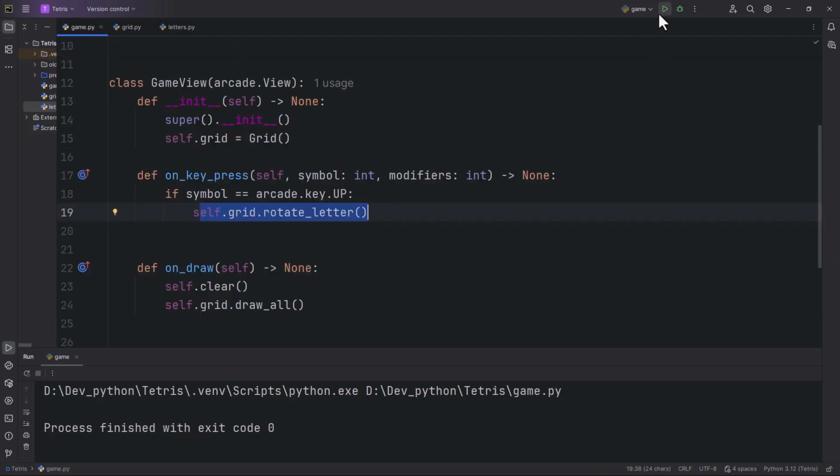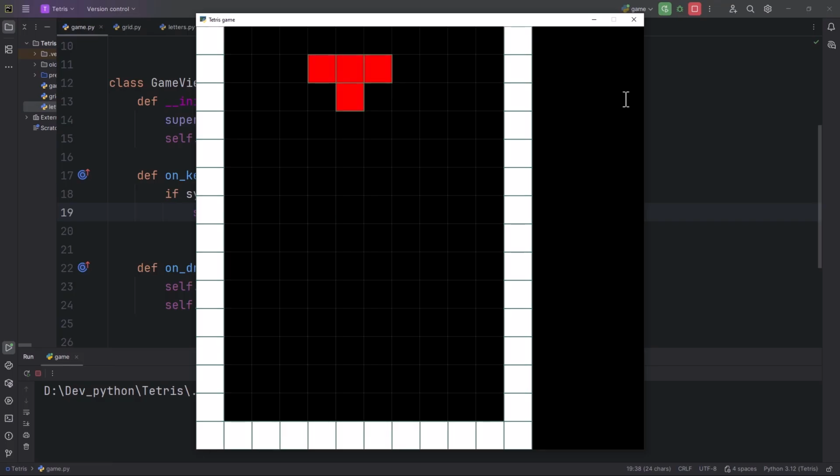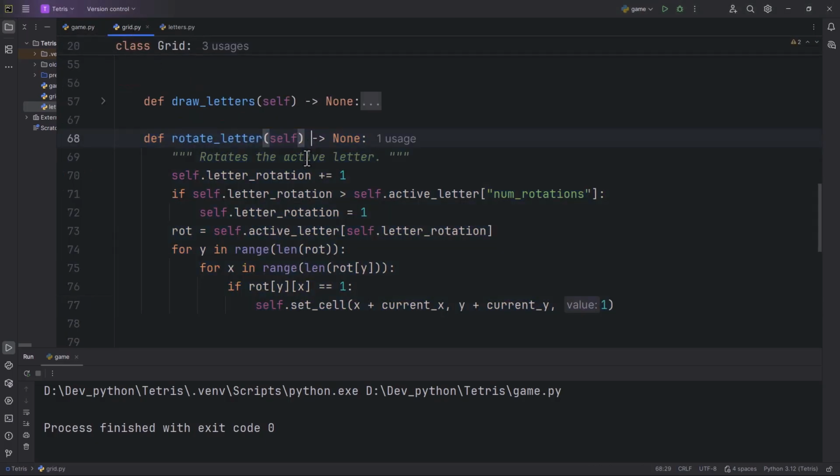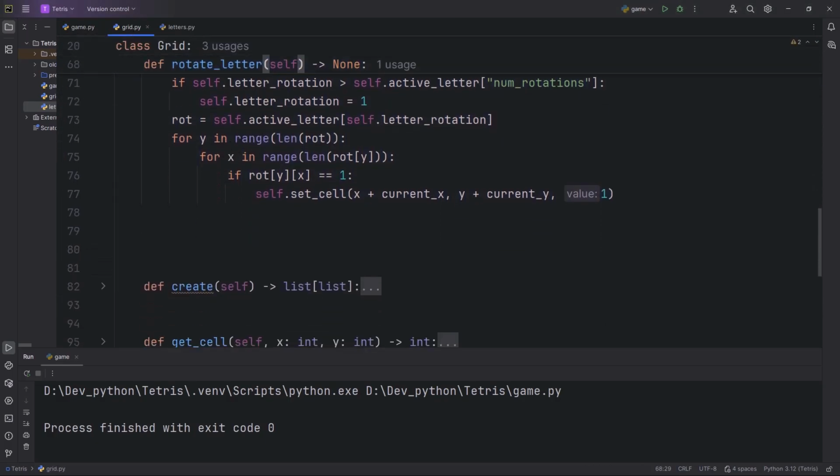Now let's try it. Okay, now I'm going to press the up arrow, and as you can see now it rotates, but it also overdraws itself. So we have to create one more method which will clear the grid after each rotation or each movement. So let's go back to the grid class, and here after the rotate letter I'm just going to create one more method,